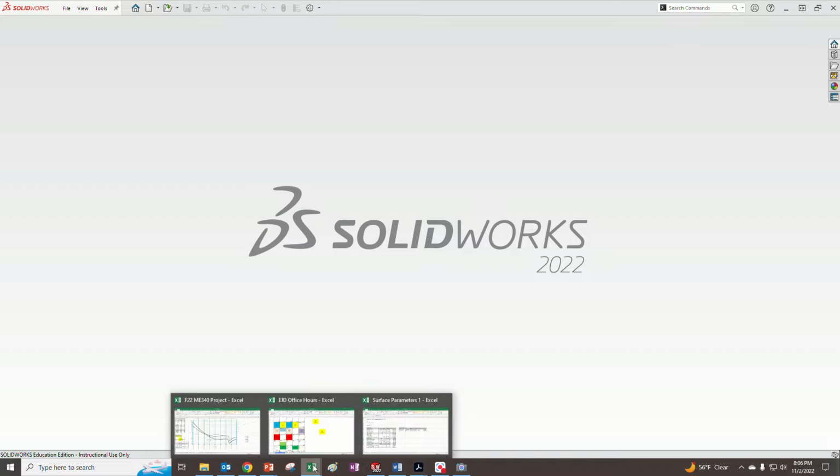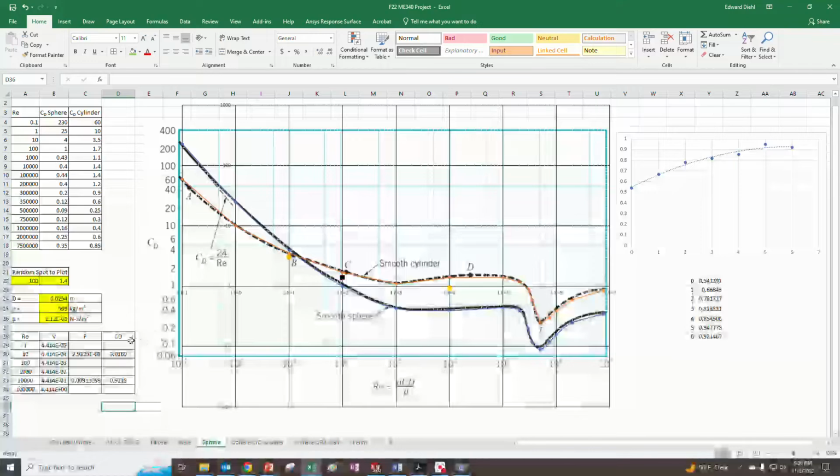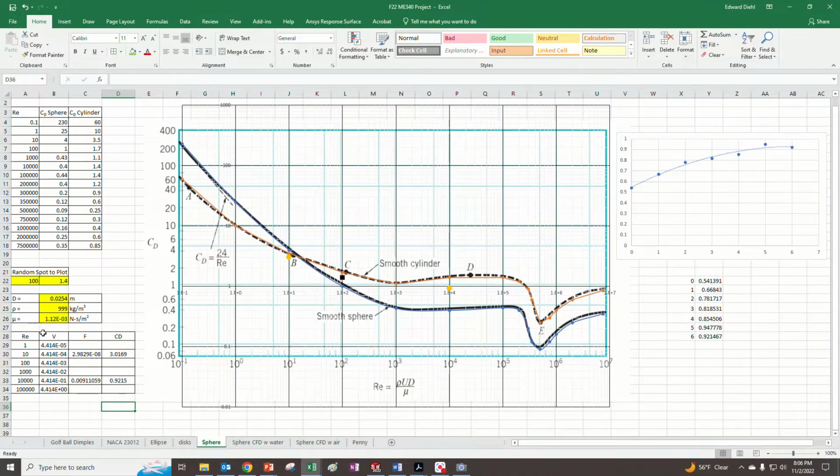Before we even start, we should have a plan of attack of what we're going to do. I've already filled this out right here. It's got a bunch of things in it because I messed things up. But what I would recommend is you first have to decide, well, we were going to do the smooth cylinder. Then you have to decide what we're going to aim for, like what Reynolds number we're going